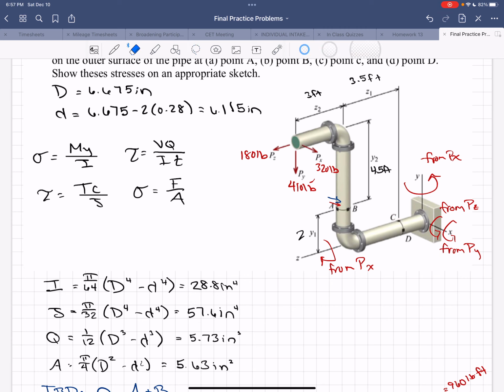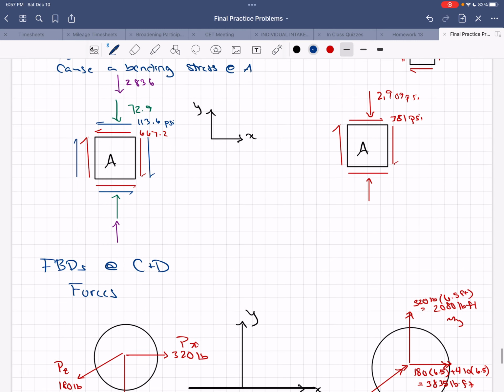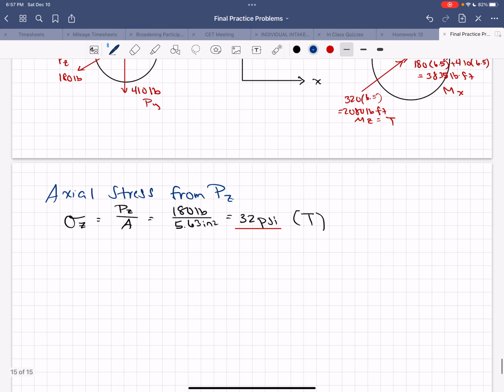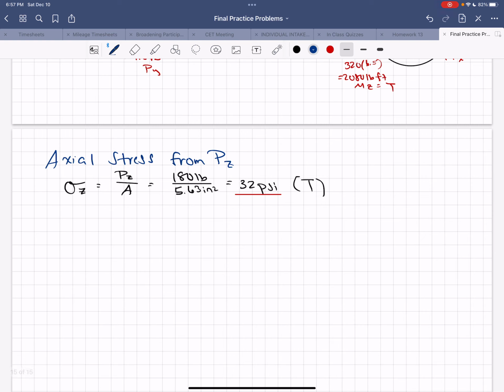If we draw PX on here, it's going to be acting in the positive x direction on the positive z face. So shear stress from PX. So we get